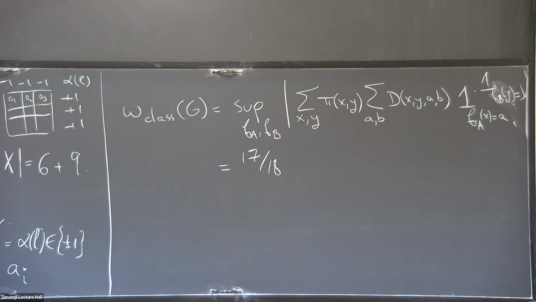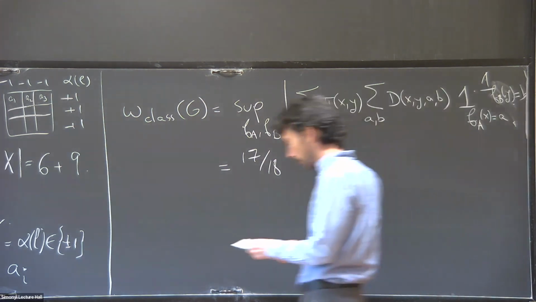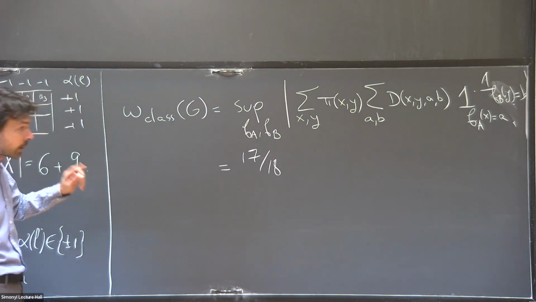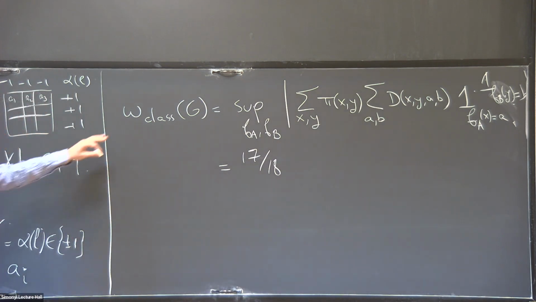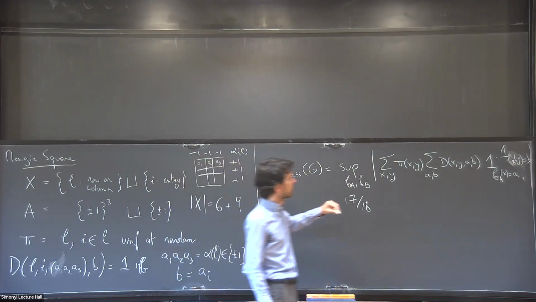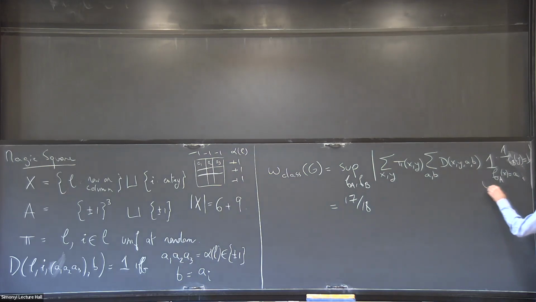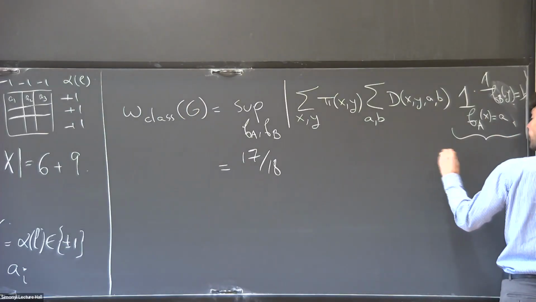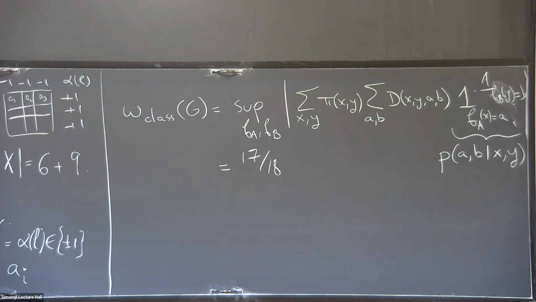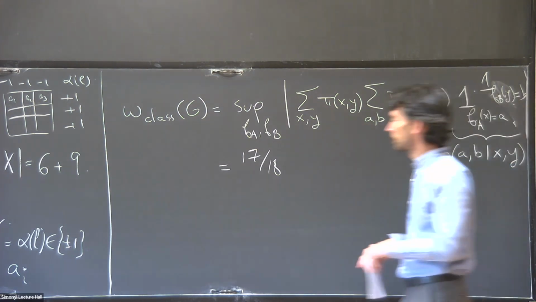Is this okay? Okay, so now, here's the reason I brought up this game. The interesting point is that, just like we did a little bit yesterday, we can broaden the class of strategies that we allow the players to execute. So this here, I can think of it as the probability that the players return A and B given X and Y. In this case, this probability is 0 or 1 because I focus on deterministic strategies, but I can write it in this way.